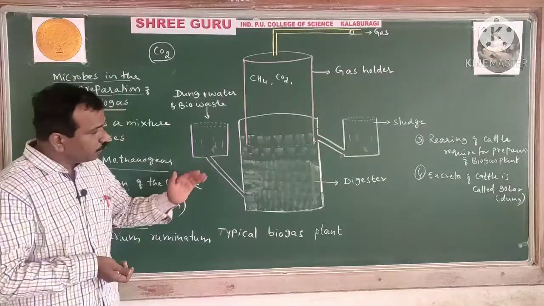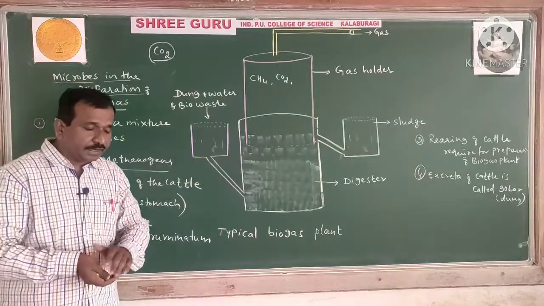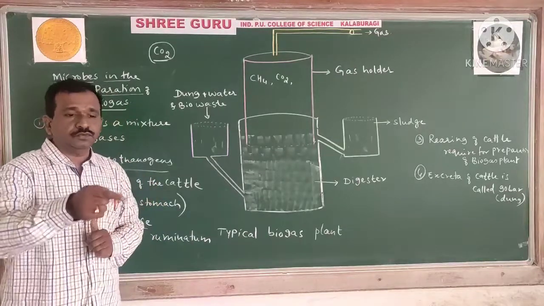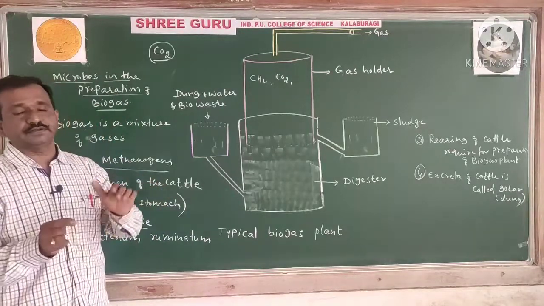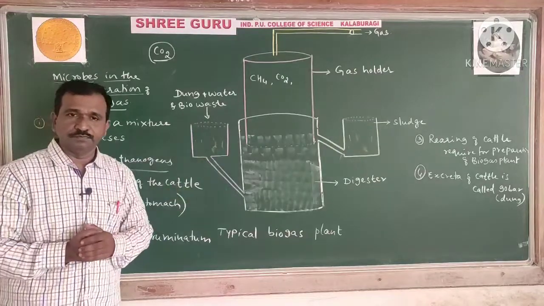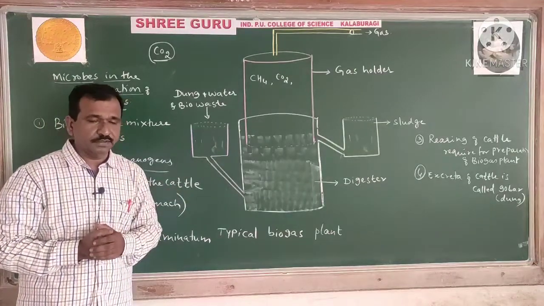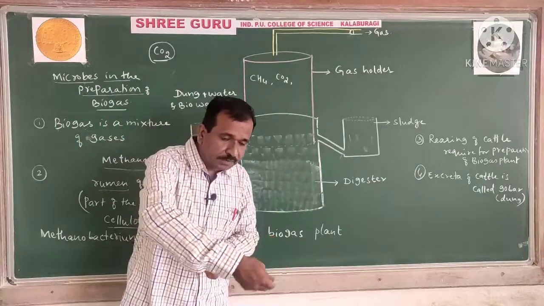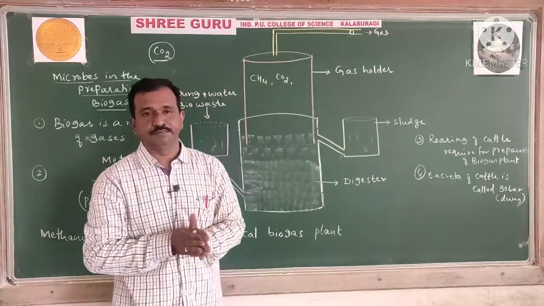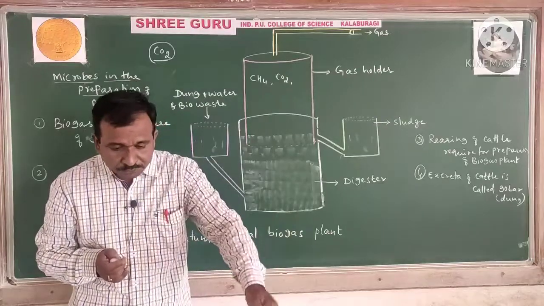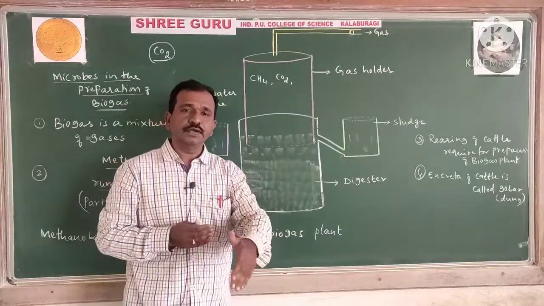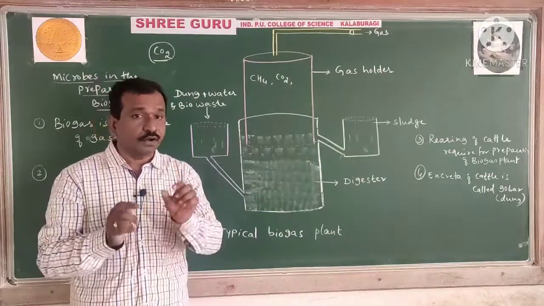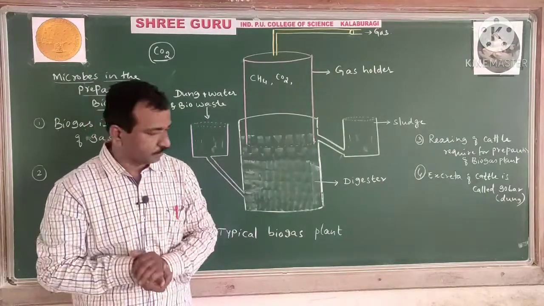Next is how we have to prepare it. Around 10 to 15 feet of concrete surface has to be found. So now we have to dig, digging has to take place around 10 to 15 feet. A pit of 10 to 15 feet has to be dug. We have to construct this plant by means of concrete. This we have to remember.